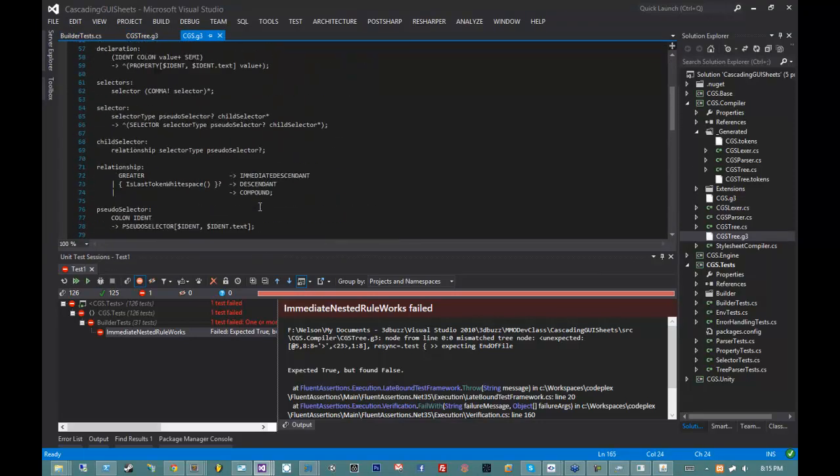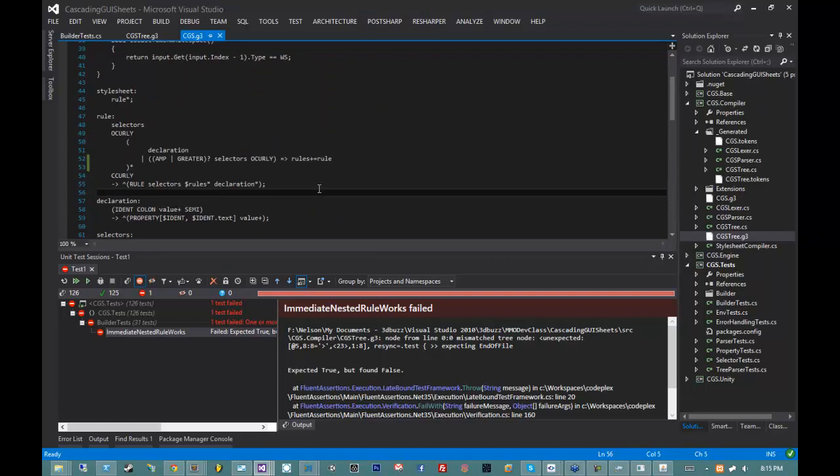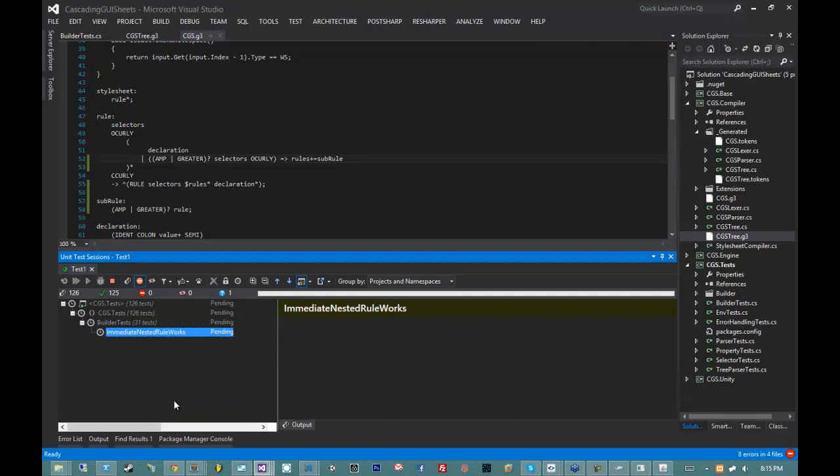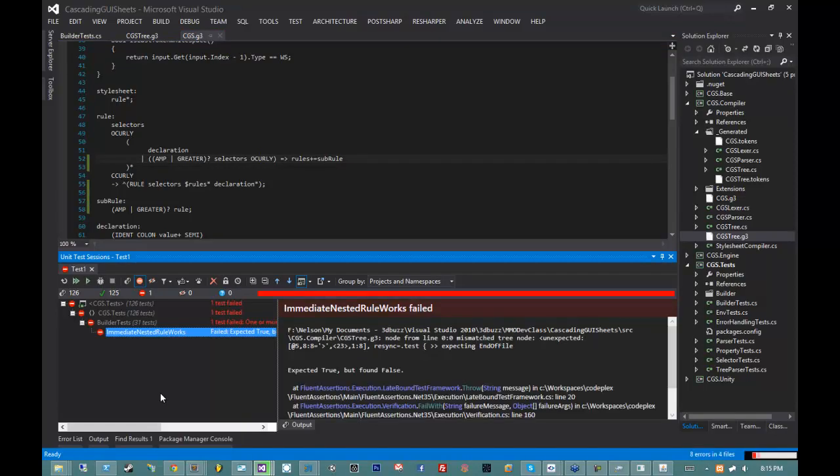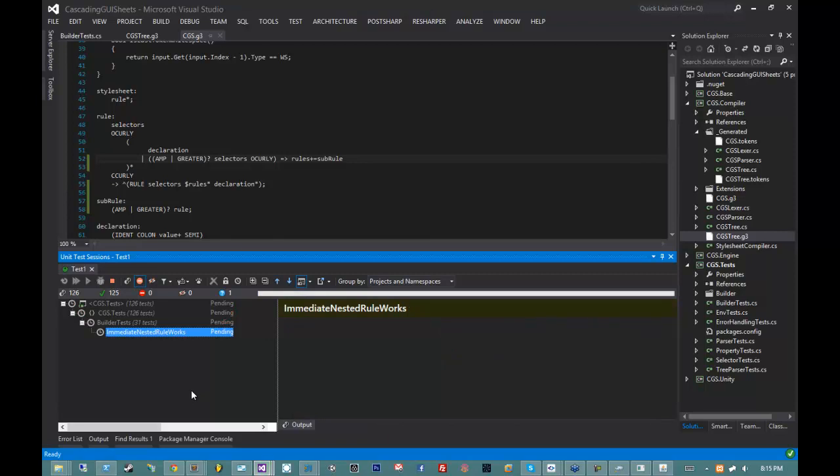So what I did was I created another rule called a subrule. And a subrule can have an ampersand or a greater than, possibly followed by a rule. And then I say rules plus equals subrule. So that allows those things to be matched. Now, this won't actually make my test pass, but what it will do,